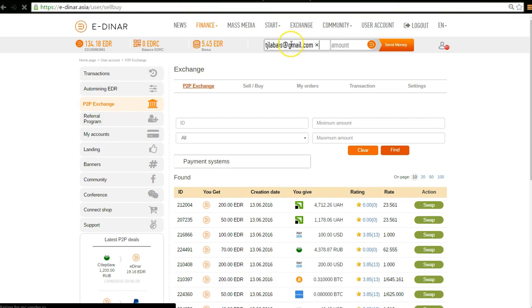Type the email address, make sure there's no space in your email, then the amount. Let's say for example 10. All I need to do is click send money, and it will go to the next page.